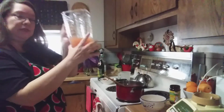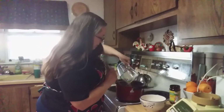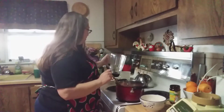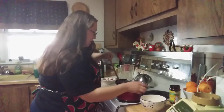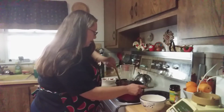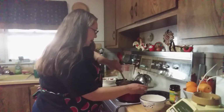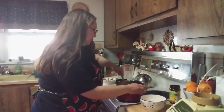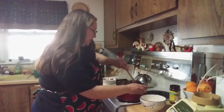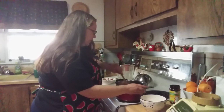I'm going to add about 2 more cups of water in here. Now you're just going to let it boil for about 8 minutes. I don't know if you can hear it, it's still a little crunching, so I'm still crunching it up in here. Once it starts boiling,